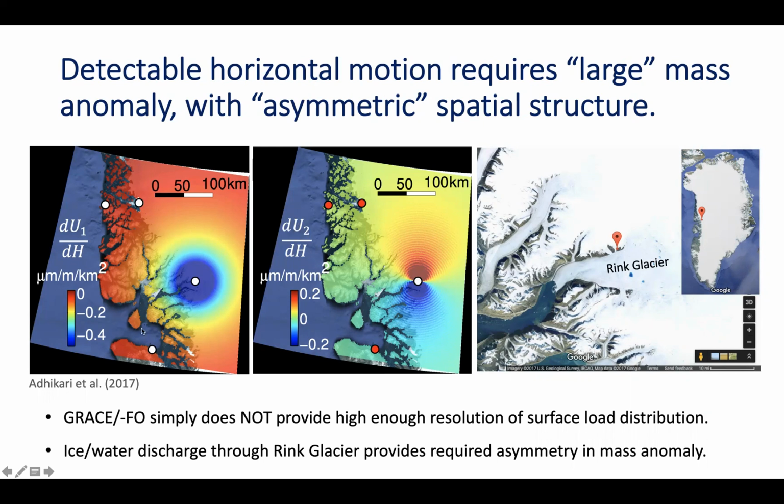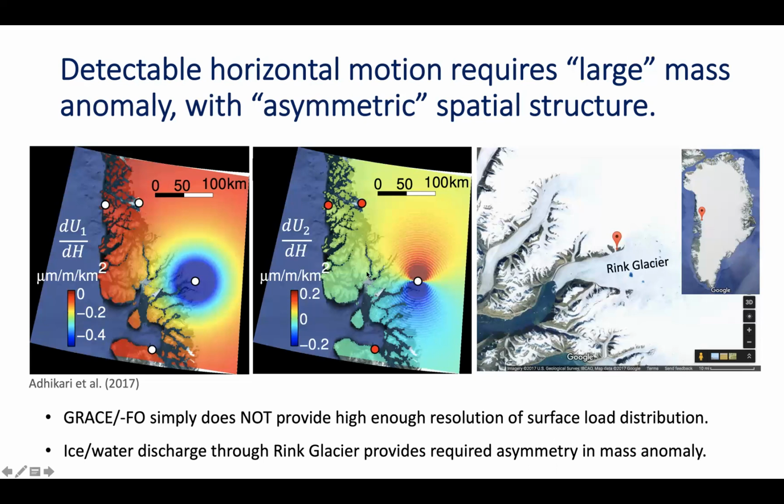So the numbers here basically show how many micrometers of GNSS signal is expected if we put 1 meter thick ice load per square kilometer area. And it's negative values everywhere. That is reasonable, because if we add a certain load here, then it's going to induce subsidence at this particular station.